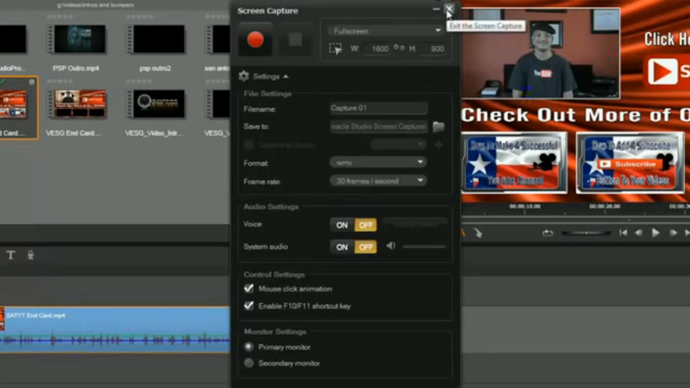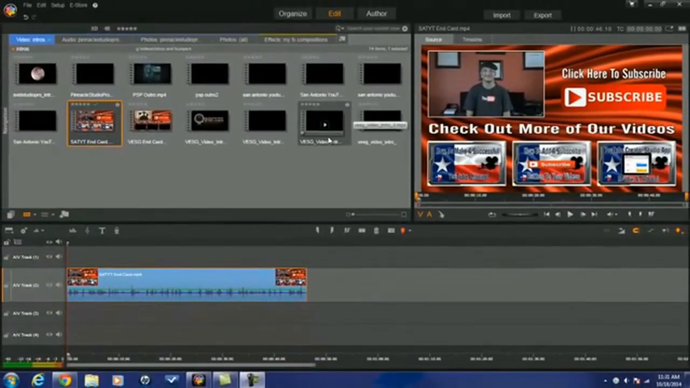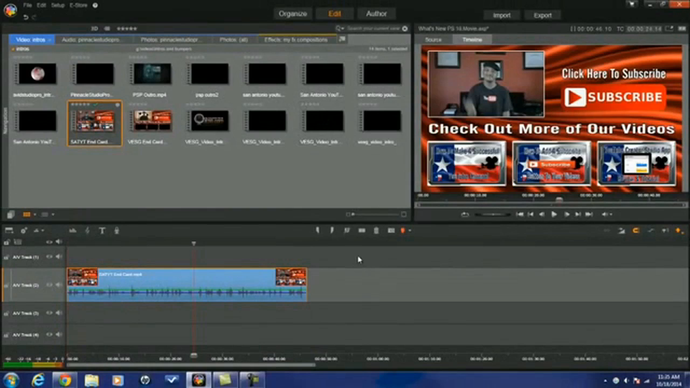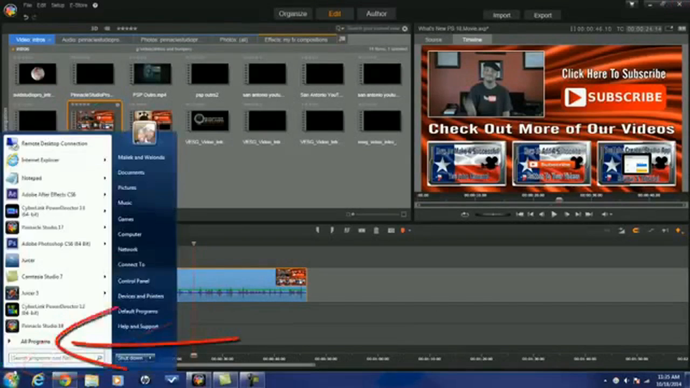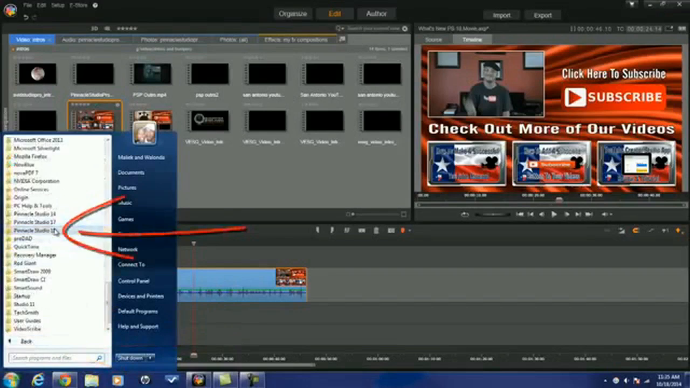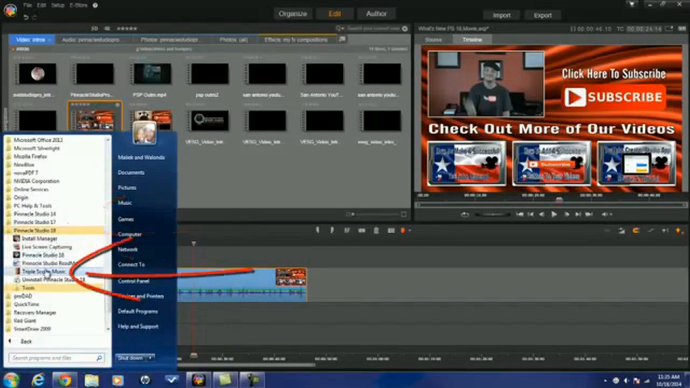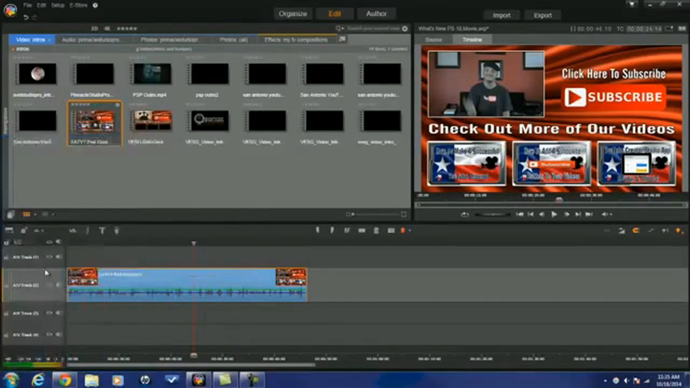So I'm gonna close this out. Next thing I want to talk about is some royalty-free music. Now, you all know that we got Score Fitter. All right, comes with Pinnacle Studio 18, but there's another new music option that you're going to get. If we go to the Start button, go to All Programs, Pinnacle Studio 18, you'll see Triple Scoop Music. If I click on that,